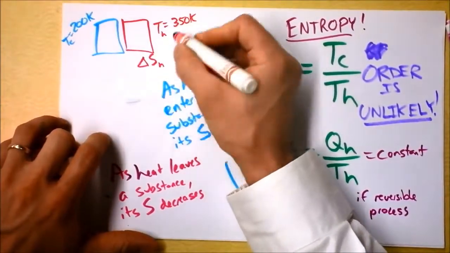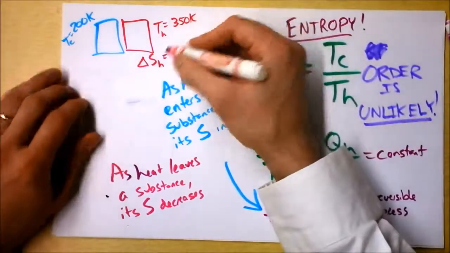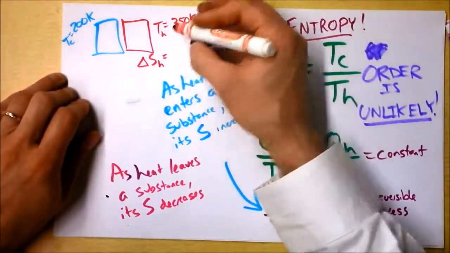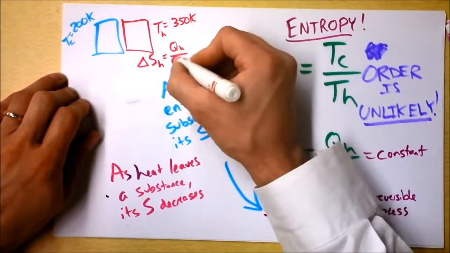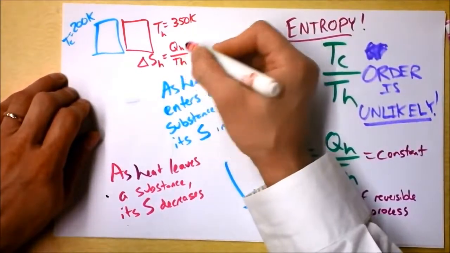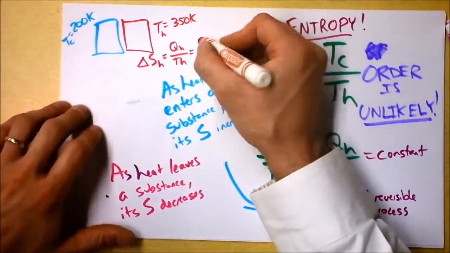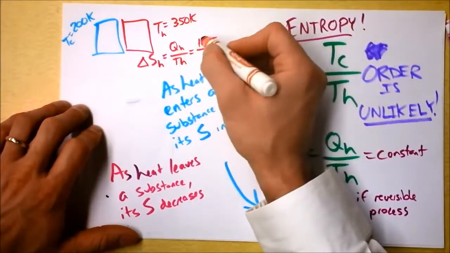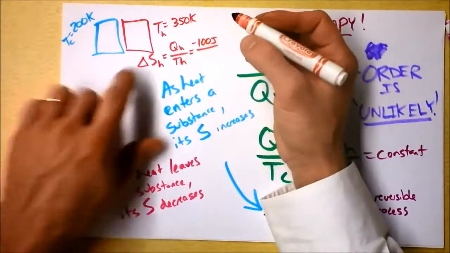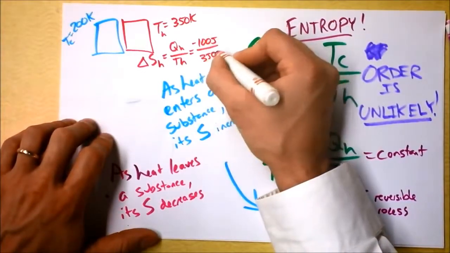Delta S for the hot will be, oh shoot, I guess it's going to be Q, because I don't want to quantify Q, but it's going to be Q hot divided by T hot. And heck, let's just decide some specific heat for it. I don't know, what do you want to give this? 100 joules, that's fine. 100 joules, and that's going to be a negative number because heat is leaving the hot, divided by 350